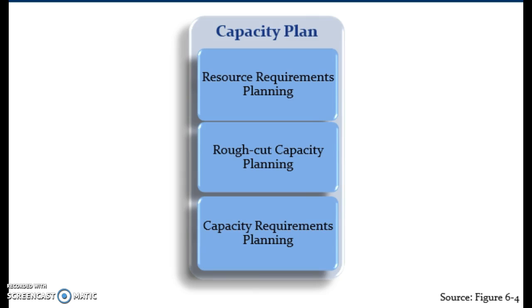Resource Requirement Planning, or RRP, is a long-run macro-level planning tool. It helps the operations leaders determine whether aggregate resources are capable of satisfying the aggregate production plan. The next step is to create a rough-cut capacity plan, or RCCP, to check the feasibility of the master production schedule. Capacity requirements planning is used to check the feasibility of the material requirements plan. This short-range capacity planning technique determines in detail the amount of labor and equipment resources required to accomplish production requirements.